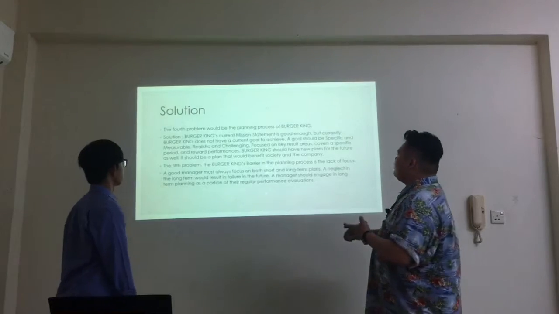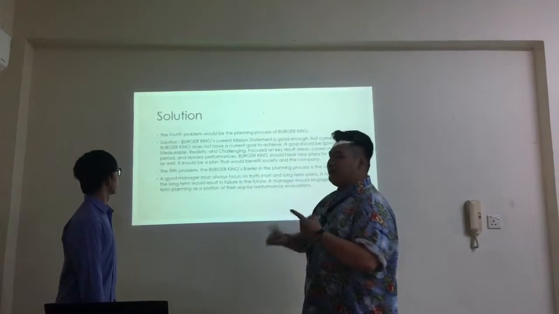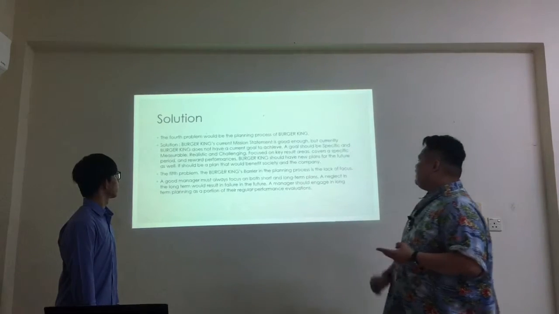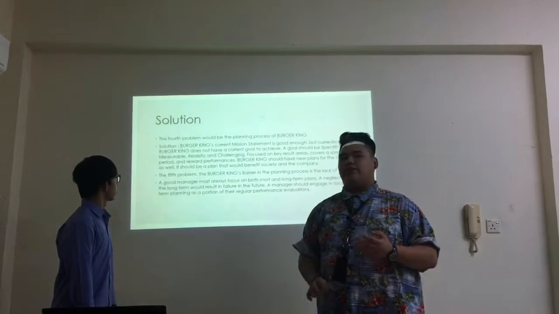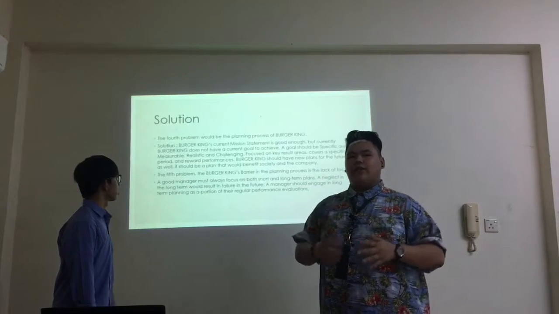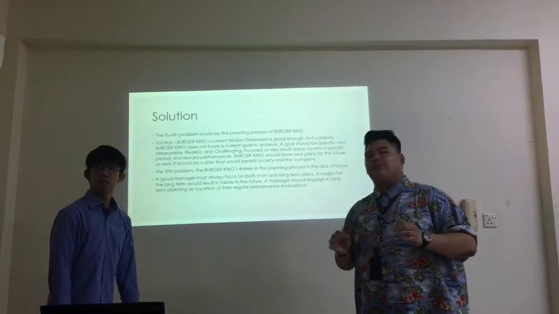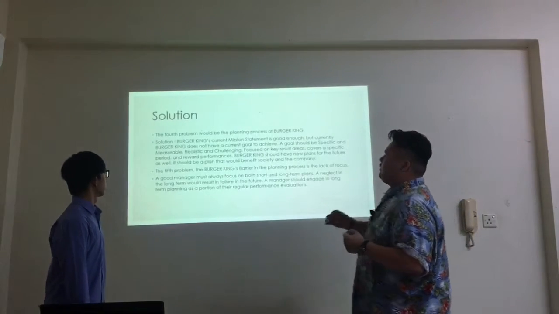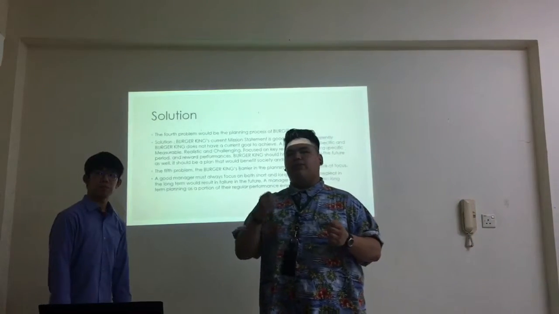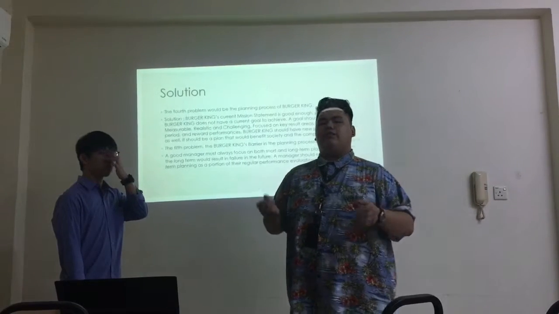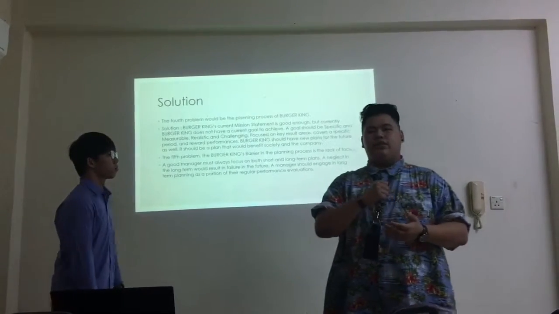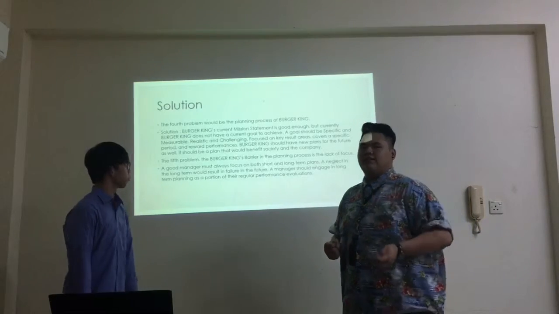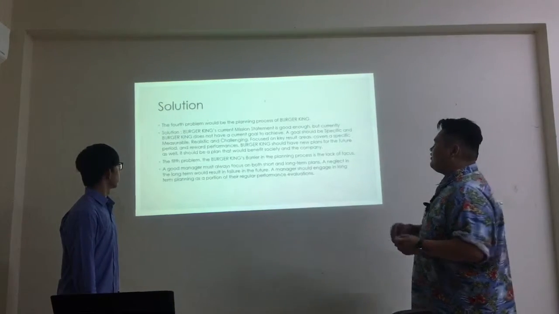Burger King must have goals which are specific and measurable, realistic and challenging, focused on the key result areas, and covering a specific period. Well, it doesn't need all of that, but those are very important parts of a proper goal. And Burger King should have a new plan for the future. The current plan is completely obsolete, but they will need a new plan to be successful in the future. Can I have the fifth problem, please?